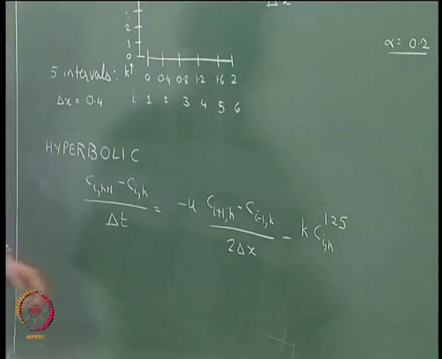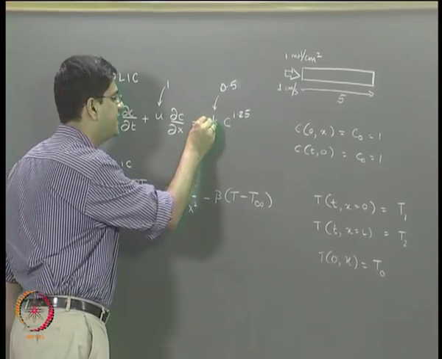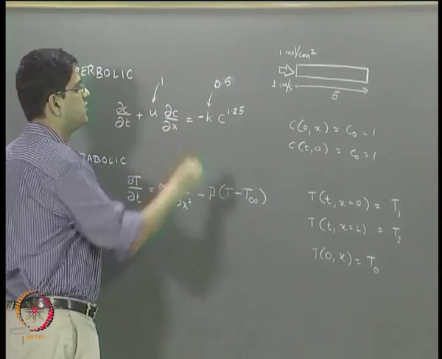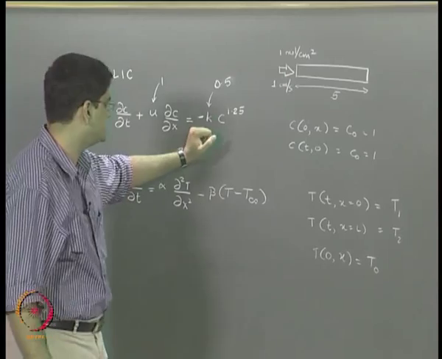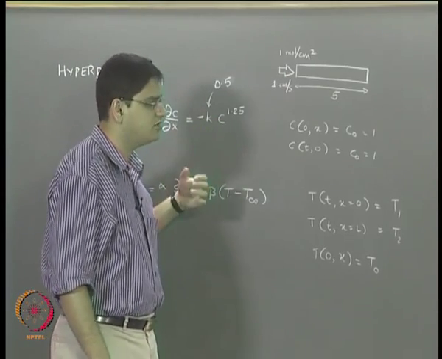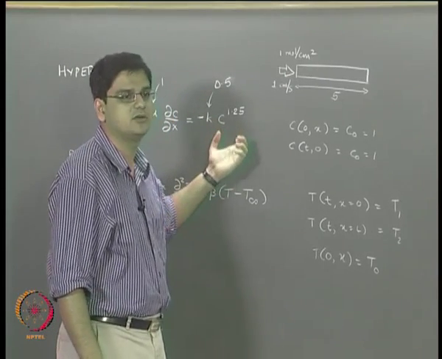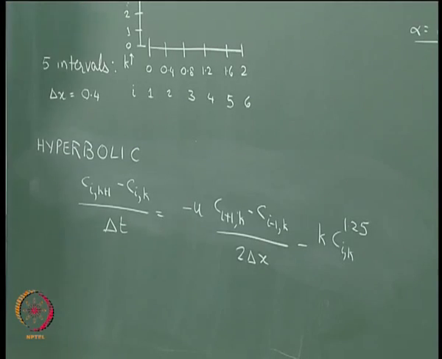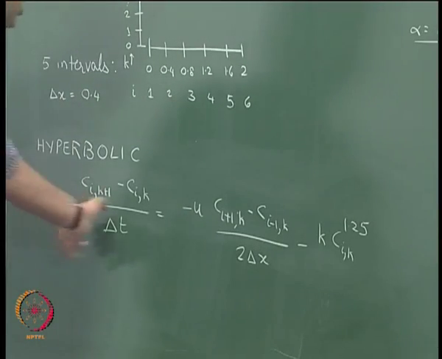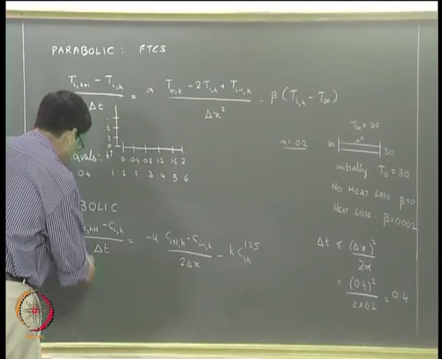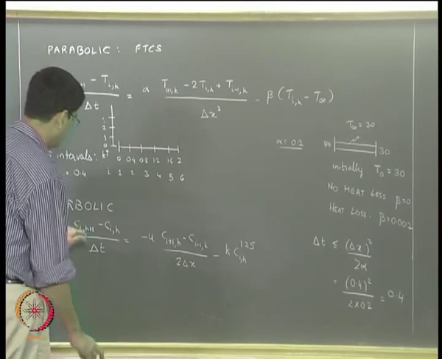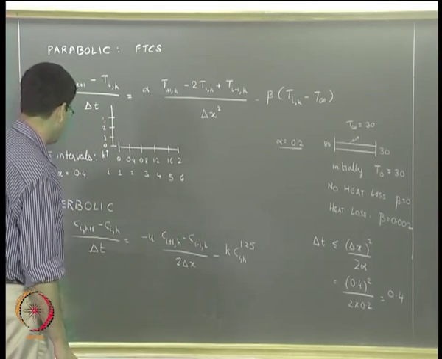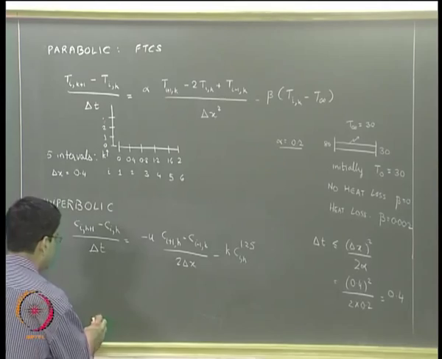If we go back to this equation, I had made a small mistake over here. There should be a negative sign, because as the reaction takes place, the concentration of the reactant starts getting depleted from the system. So, there should be a negative sign over there, which I had missed. Now, rearranging, what we will get is Ci,k+1. We multiply by delta t and take Ci,k to the other side. So, we will get